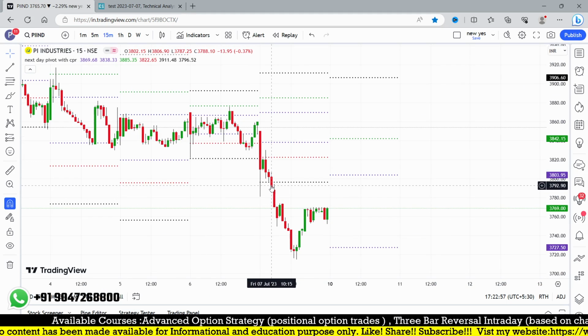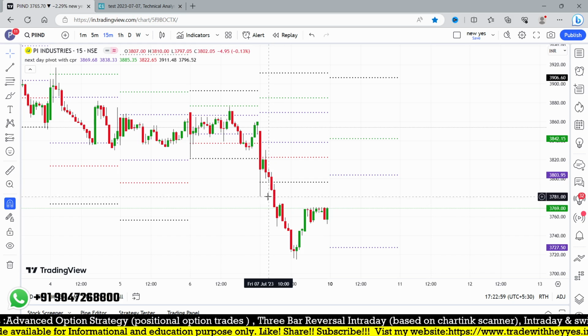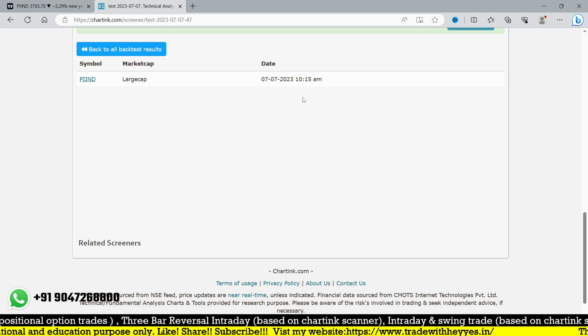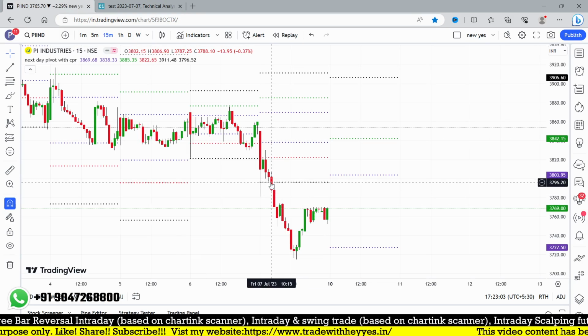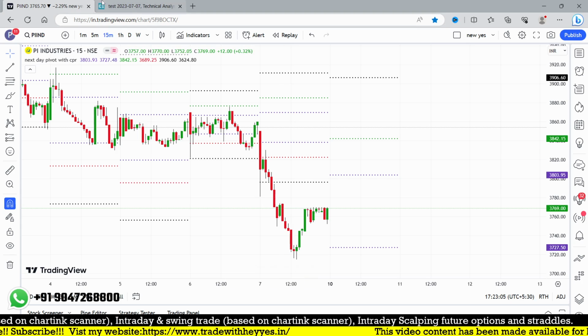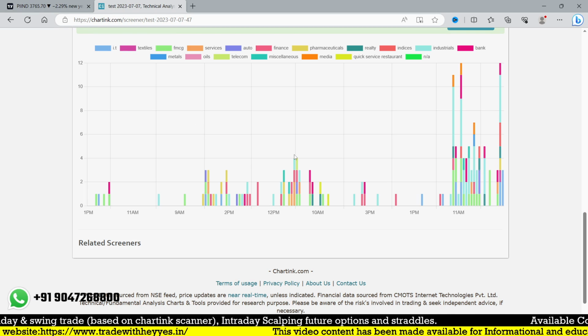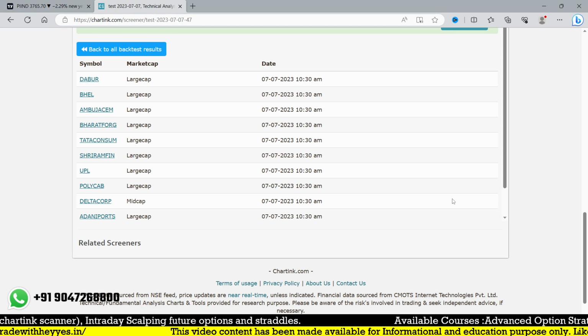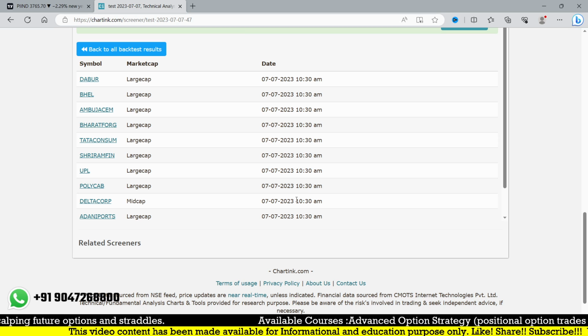Maybe here at 10:15, that is giving you such an opportunity, exactly at 10:15. And after that it is giving you such a good movement after 10:50. So if any stock closed nearby the closing hours, I think this time you have a lot of